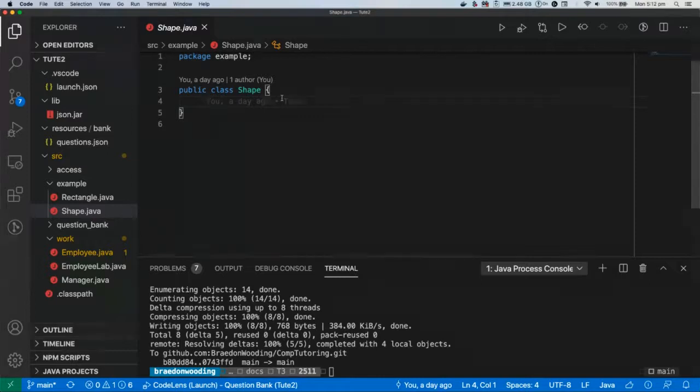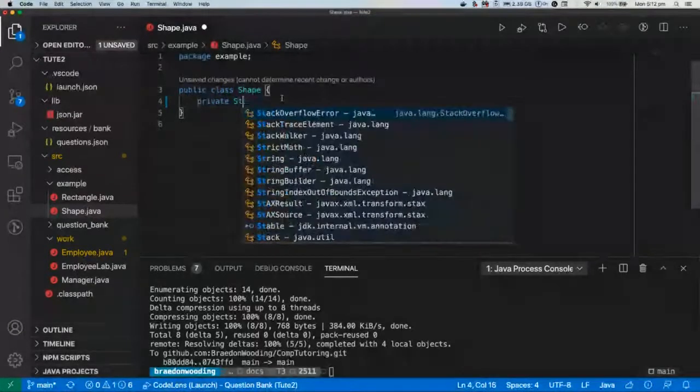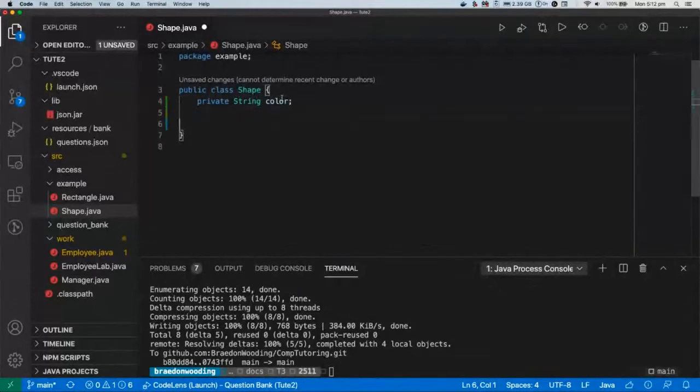So if we have a shape here, our shape is going to be defined basically in terms of two things. The first thing is we're just going to have a color. Now we're stating this data member, or field, is private because we don't want to expose the implementation of what color is. And so this is quite important